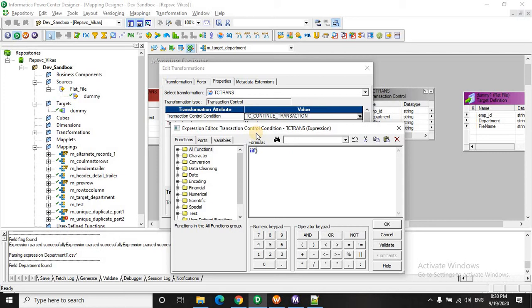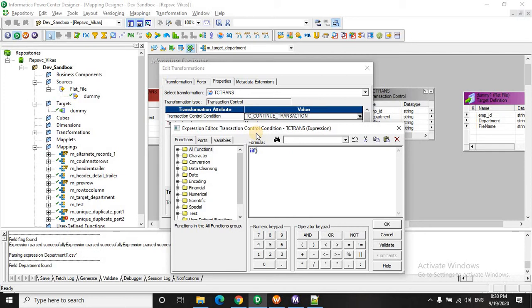So if there is no change in the department, it should continue writing in the same target. Else, if there is a change in the department, just commit the last row in the previous target, and now move to a new target based on the new department name.